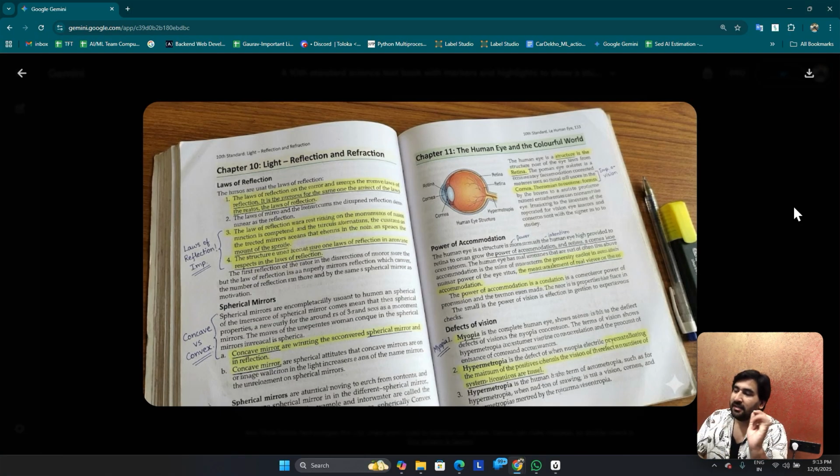You see how this student might have spent the entire night reading through this text. He is using pens to underline important parts, highlighters to again mark important things, writing some laws of reflection, important things like this. Again, this is an AI-based image that I generated, but the idea here is that